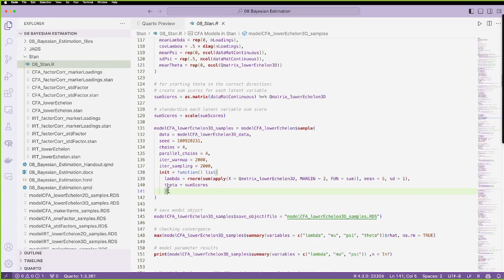So this now runs the sampling process. I'm not going to run it for you because I actually ran it before. It does take a while to run. You can see the file itself is this